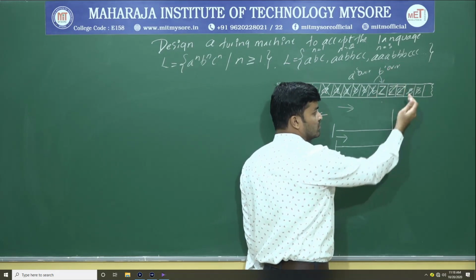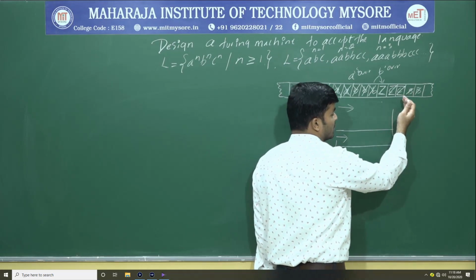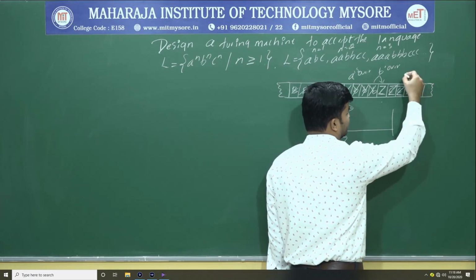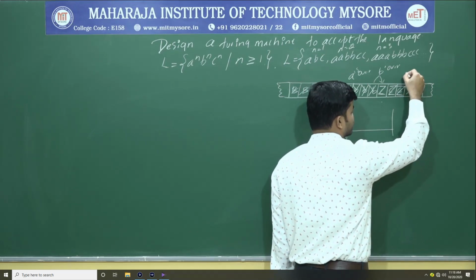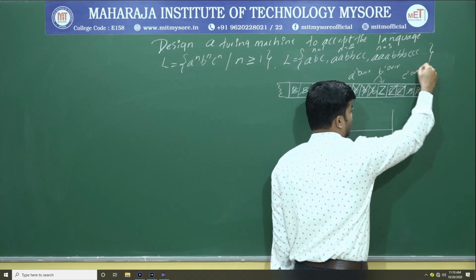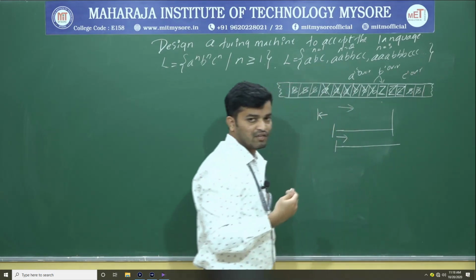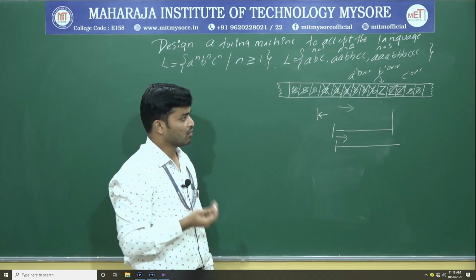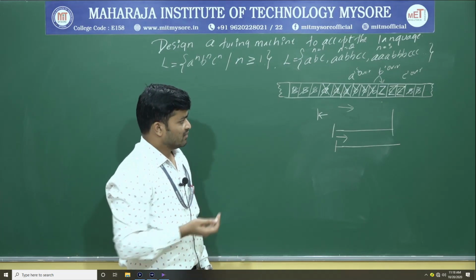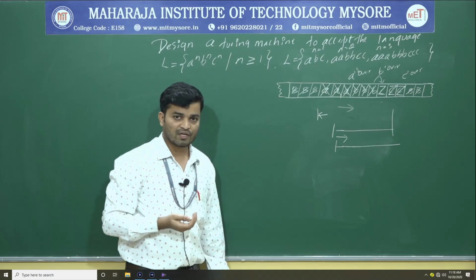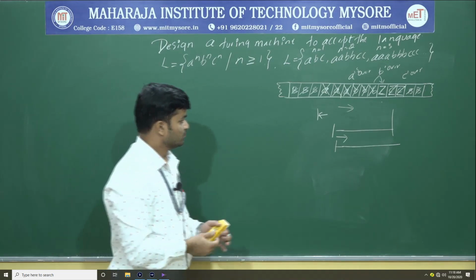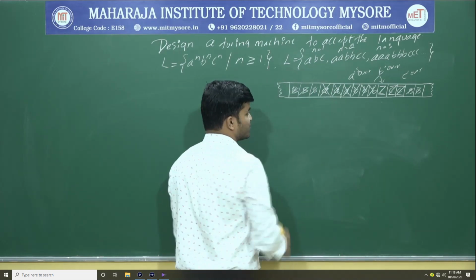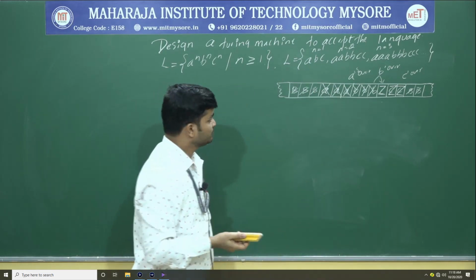Now again I will continue moving the right hand side in search of C. If I get a blank space, the meaning is there are no extra C's, or C's are over. So whatever string is there within the finite length is valid, and you can accept that particular string. Okay, this is the logic. Now for this logic, I am going to construct both the transition diagram as well as the transition function. First I'll go with the transition function, then using the transition function, I'll write the transition diagram.